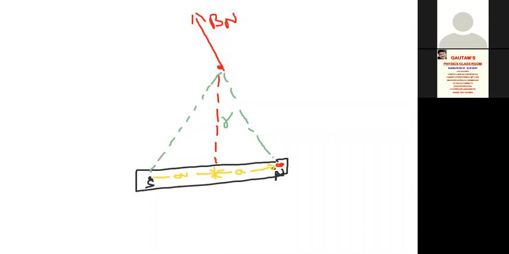Here we are imagining, as we said, a north pole. Always, to find the magnetic field, the imagination is a unit north pole. What is there at the bottom here? The south pole is there, so the imagined unit north pole is attracted towards the south. Let me write this as BS. Now observe carefully: BN direction is away from the north pole, and BS direction is toward the south pole.